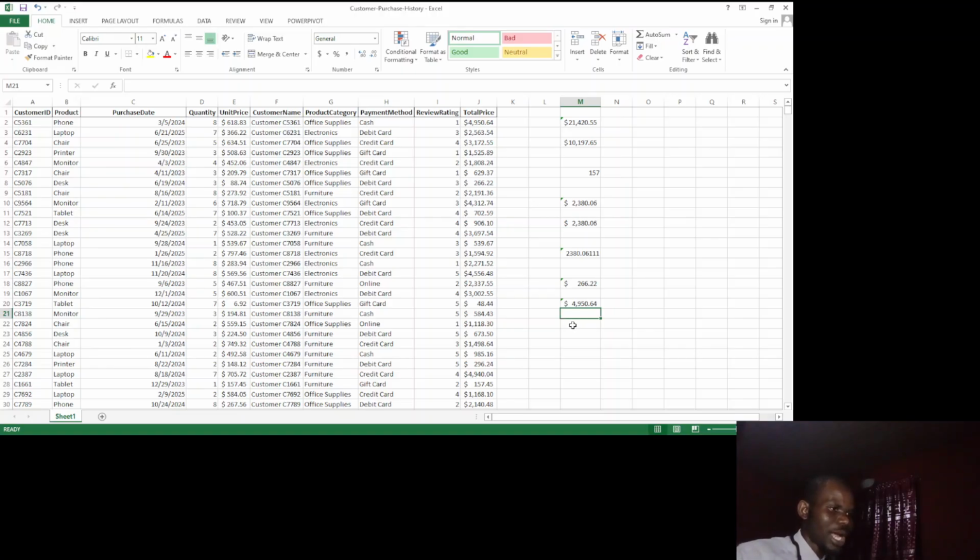We also have the count function. The count function, remember we have to start with the equality sign. Count function, count. Alright, so those were a few examples I want to give you. But then since we are learning functions now, let us quickly have an overview of the kinds of functions we